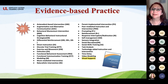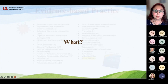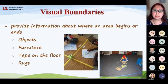Modeling, prompting, reinforcement, task analysis. Okay. You see the last one only because this is in alphabetical order, visual supports, which, as you probably can assume, a lot of visual supports is part of almost every one of these evidence-based practices. Okay, so let's look at,